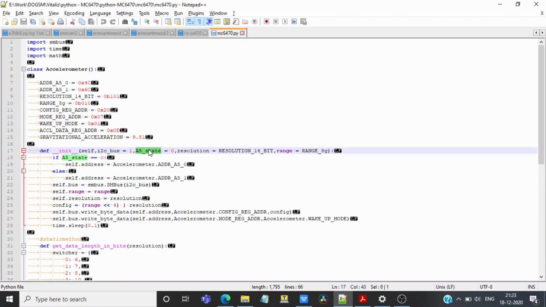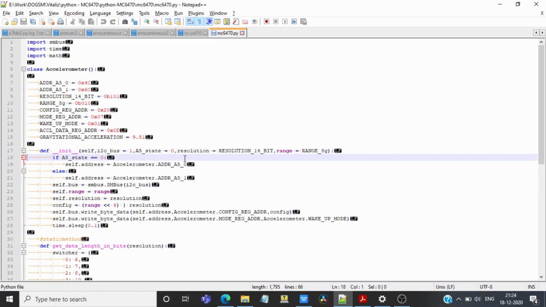One of the pins in the MC6470 IC can be used to select the I2C address of this IC. It can be in low state or high state, and that value is passed to the constructor, default being 0. As mentioned earlier, resolution can be chosen from 6-bit to 14-bit, default being 14-bit resolution, and range of measurement can be chosen from plus or minus 2G to plus or minus 16G, default being plus or minus 8G.